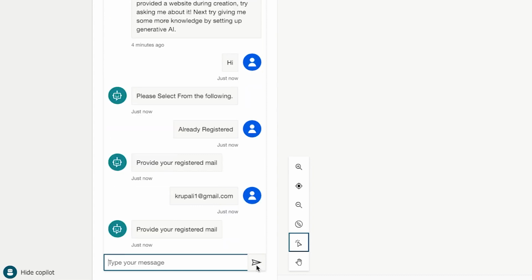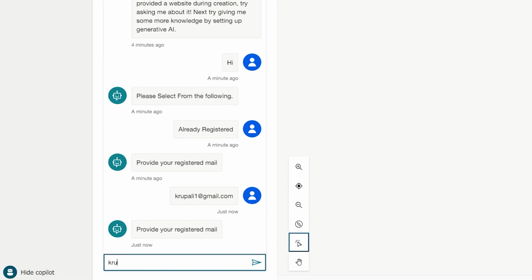It is again asking me, please provide your registered email. The reason is that the email ID may have been entered incorrectly by the user, so we are giving a second chance to the user to write their email.